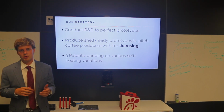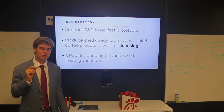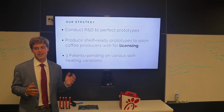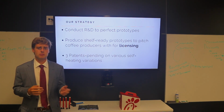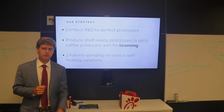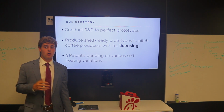So our short-term goals, we would love to start pursuing licensing deals as soon as possible. However, in order to do that, we need to have professional prototypes for those pitches. We feel comfortable with our intellectual property, where it stands, but we need more industry experts to share a little bit of their wisdom in this field. Conducting some basic research and development will allow us to move forward a lot faster and make significant strides in the product's performance and affordability. We're very open to changes,